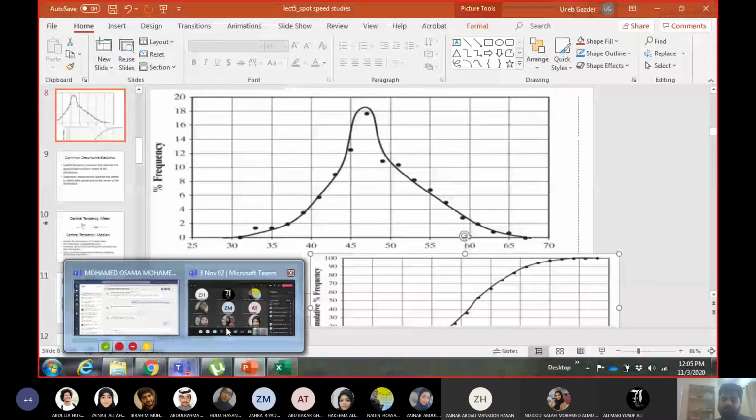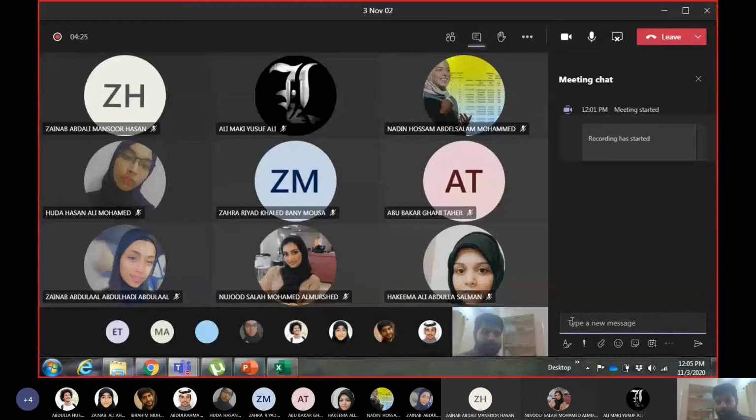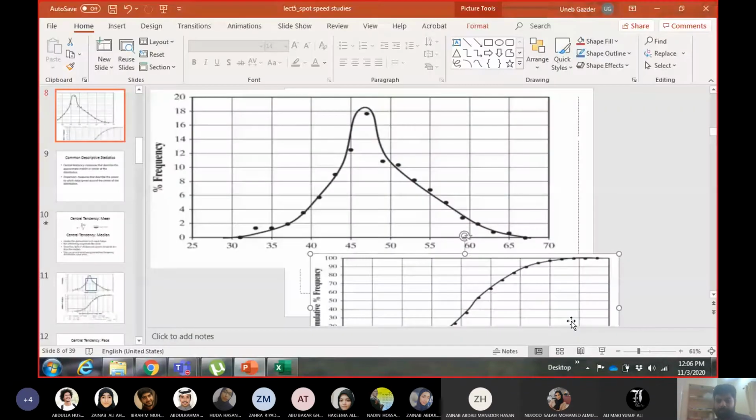There's an option in Excel to plot this type of curve. If you plot the data and you draw the trend line, you can have the best fit curve. So what is the best fit curve? I already know the shape of the curve, and then I draw the curve to fit that shape. I try to get as close to the plotted points as possible. So I'm not exactly following the plotted points.